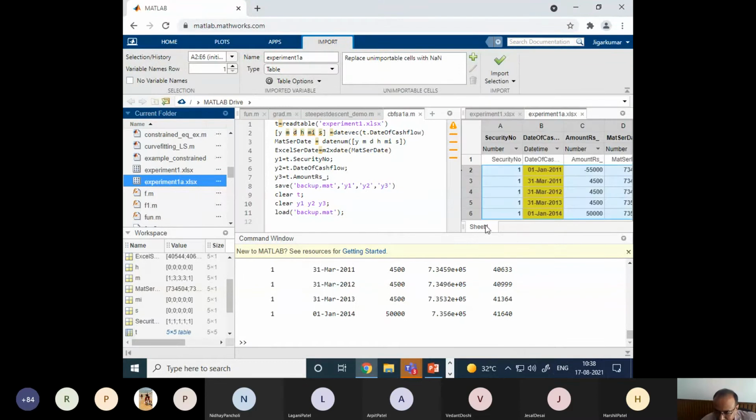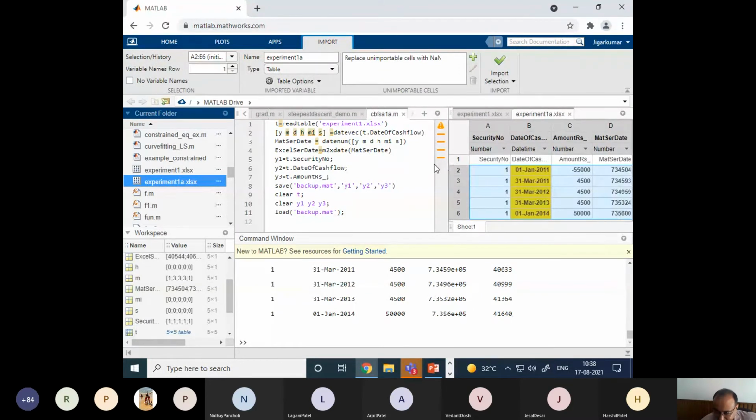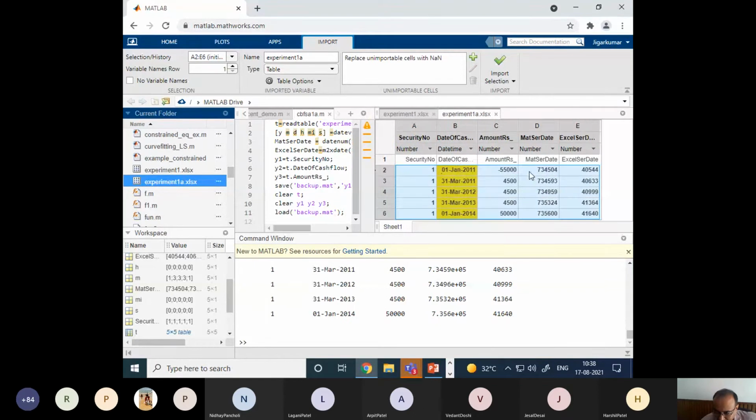Now you can see this is the Excel file which I opened here, and it now has 5 columns, 3 original. You can see MATLAB has stored the dates in its own default format because we have not specified that format. It's OK. We can convert that into another format in Excel if we need. And then you can see this MATLAB serial date and Excel serial date we have stored for our reference, because when we want to do some processing again, it is better to store them, because the dates, instead of being handled as strings, can be handled as numbers. I hope this is a very important fundamental thing which we use in future.